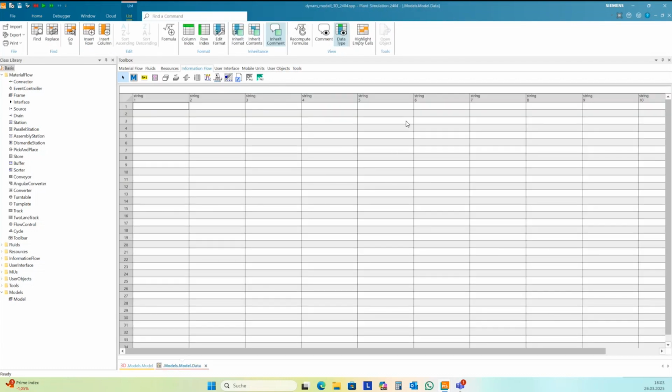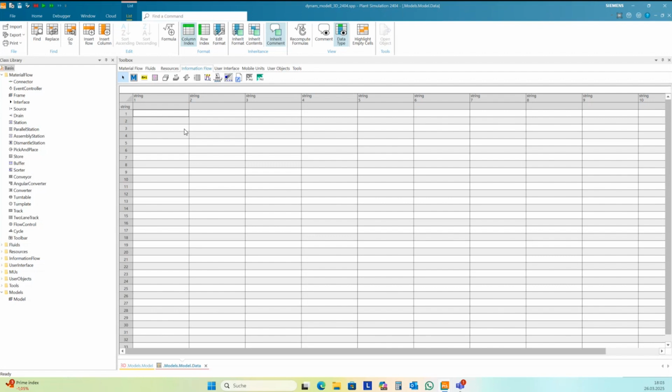So I will create this data here in Plant Simulation. I want to have the column index, and we need at least names for the parts, for the stations, and we need one object type.